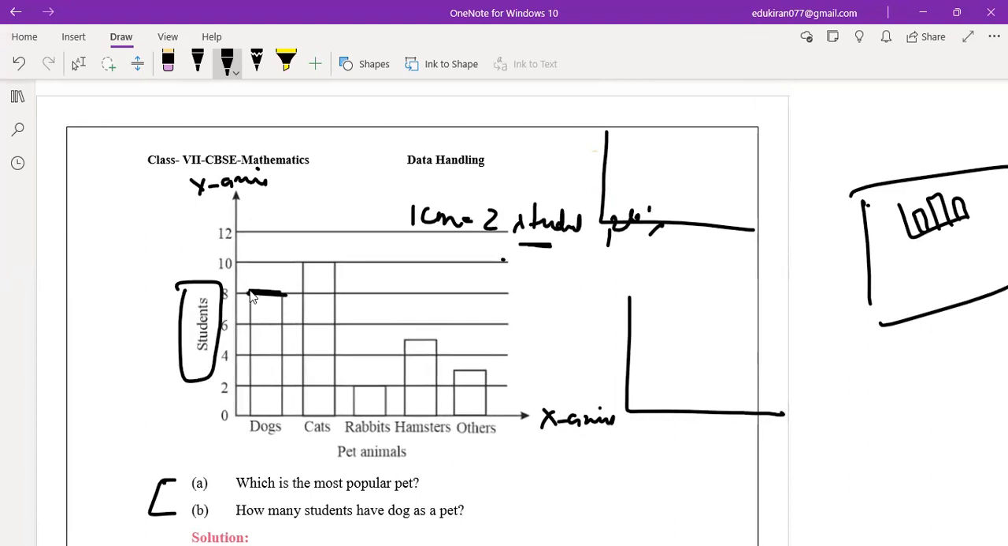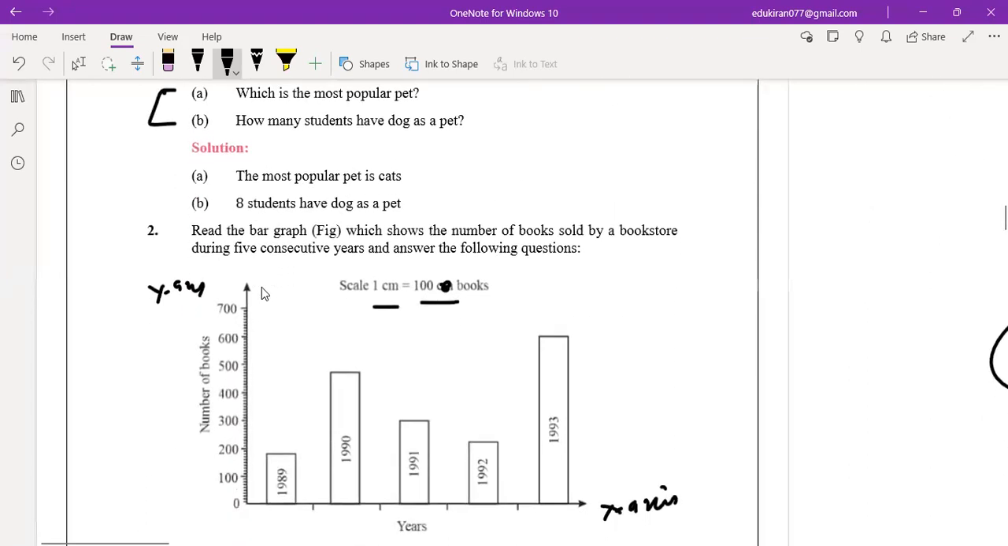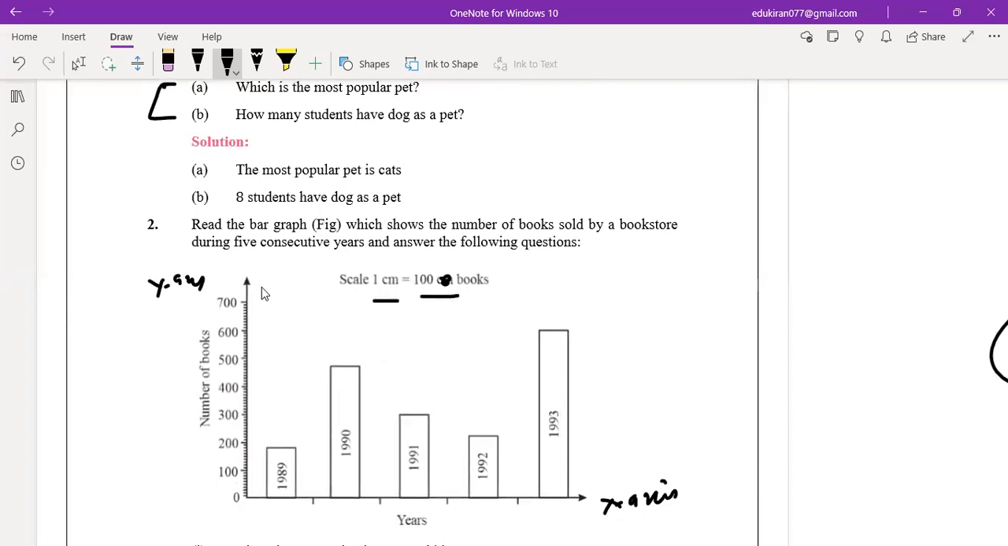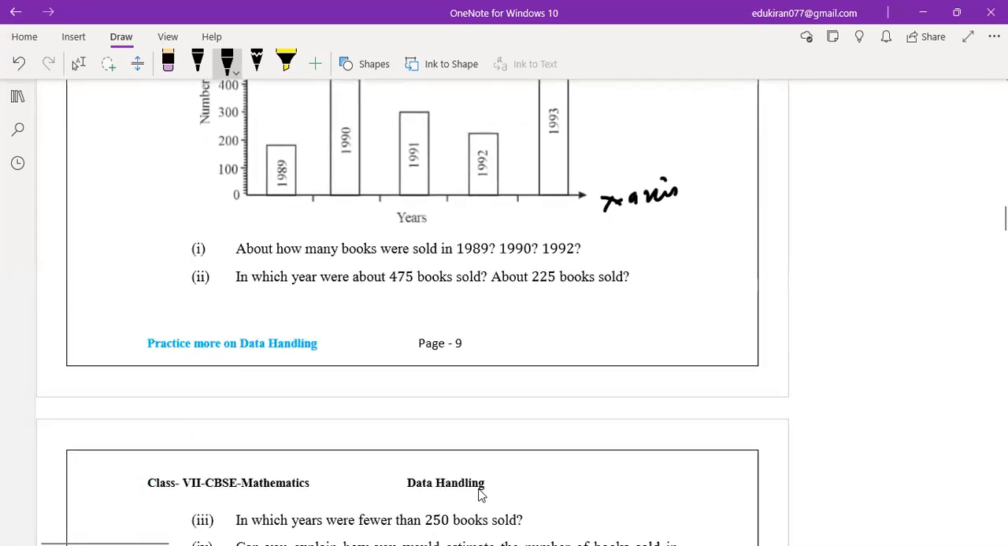Yes, ma'am. Correct. Now this one. Let's see this one. Over here they have mentioned the scale as well. 1 centimeter is equal to 100 books. Right? Yes. So what you have to basically do is